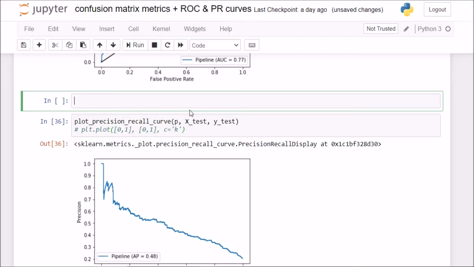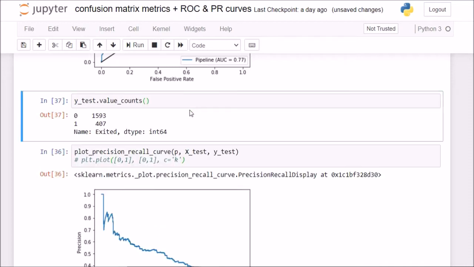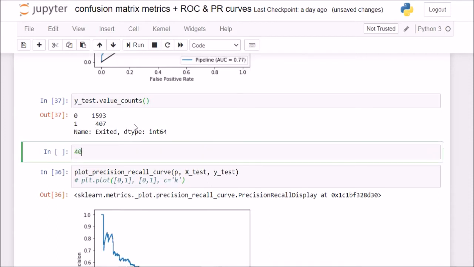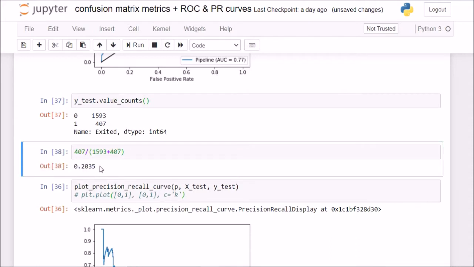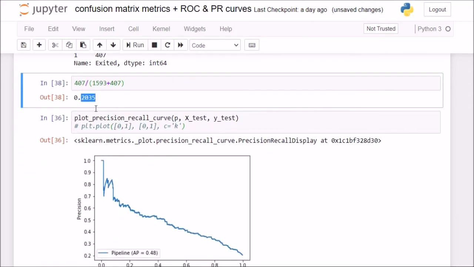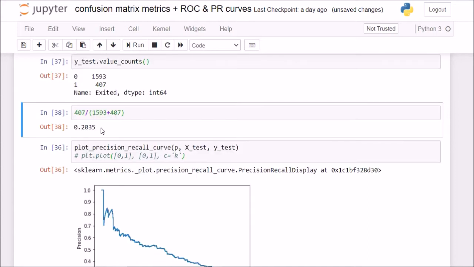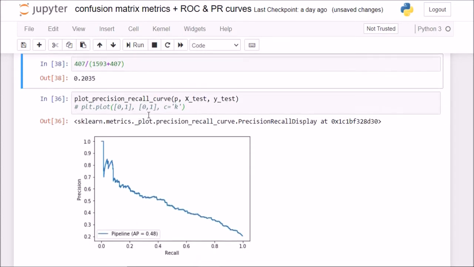My fraction of positive cases is, if I check my Y test dot value counts, I'm getting back this. So this is 407 divided by 1593 plus 407. So this is 20.35%. So a precision of 20.35%, a horizontal straight line, is my baseline classifier.